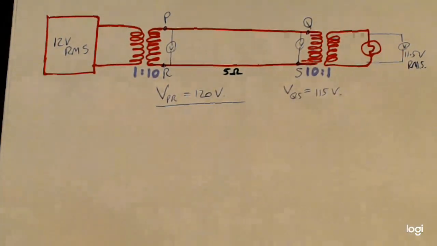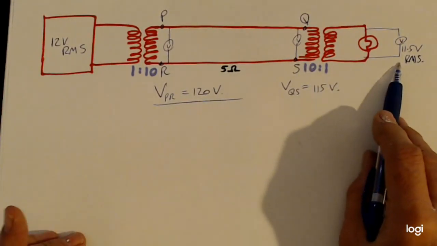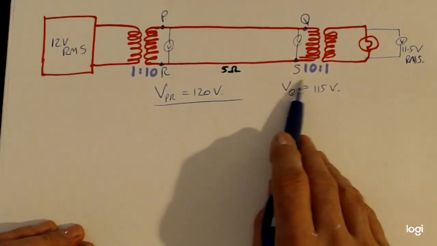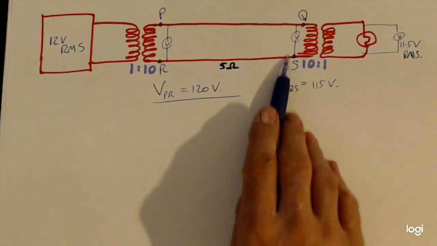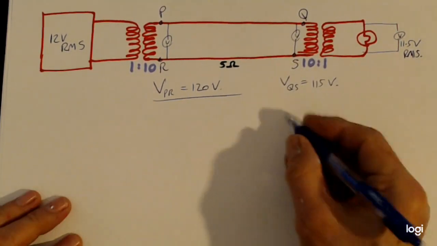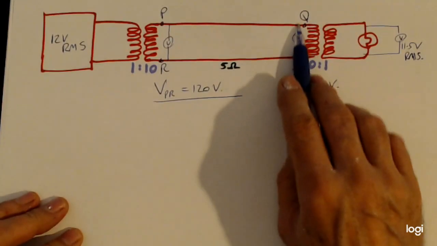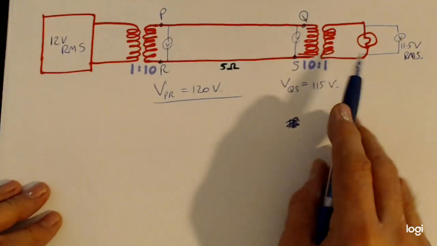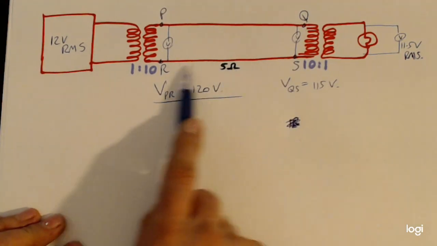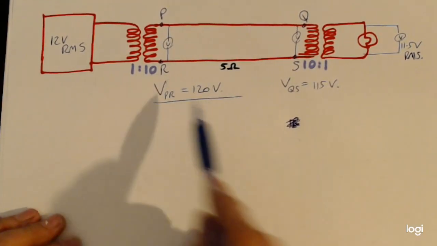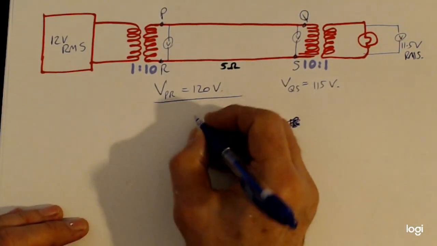So that's part A. And part B is how much power is supplied to the globe. You already know how much voltage. You need to figure out what current is supplied to the globe. So this is how we do it. Now the power across the globe is going to be the same as the power across QS, again, because that's ideal, right? Power across there is going to be the same as the power across here. However, the power across there is going to be a little bit less because there's this resistance than the power across here. So we need to take that into account and figure out how much that resistance has cost us. And the shortest way to figure that out is to use V equals IR